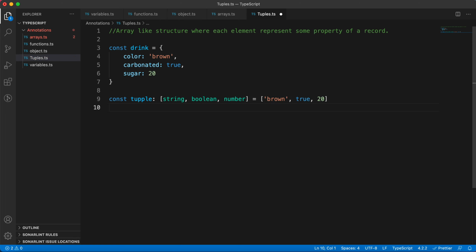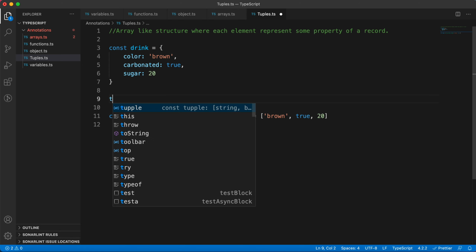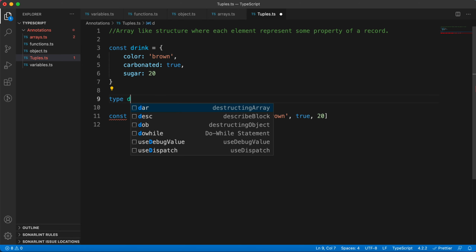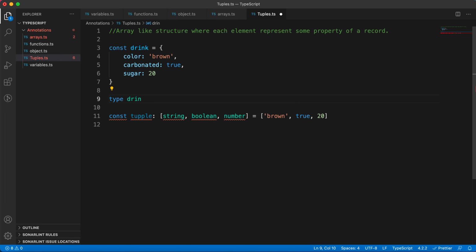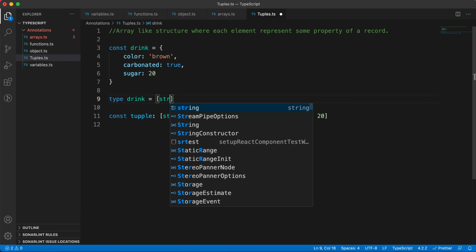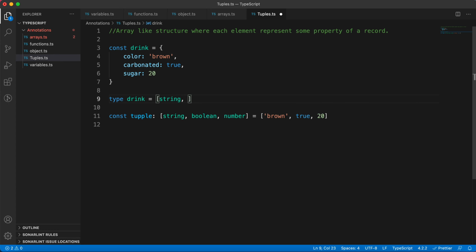So this is a tuple, and in this we will also cover aliases. I will give you a little example of a type alias, and we will do a deep dive into type aliases in later videos as well. I am defining one type, of drink type, and I am defining the type as string, boolean, number.